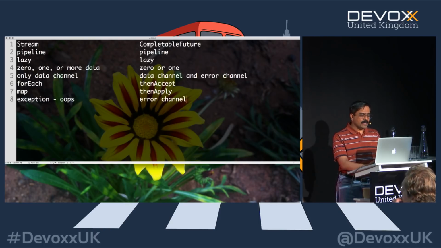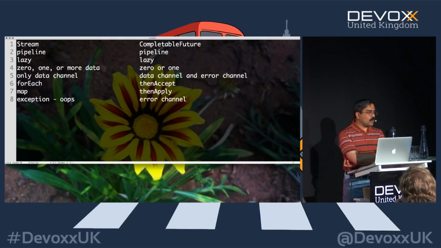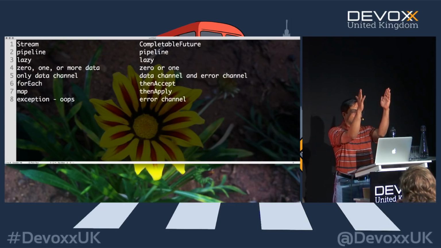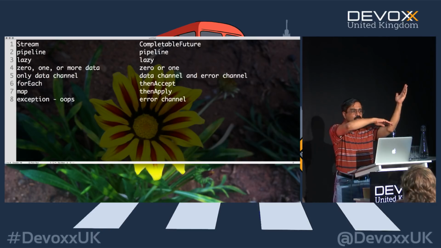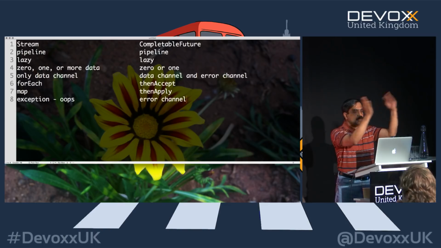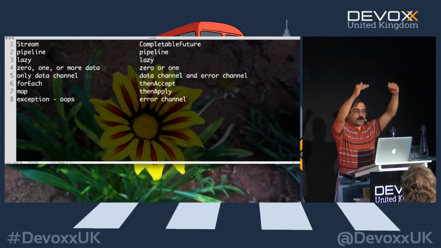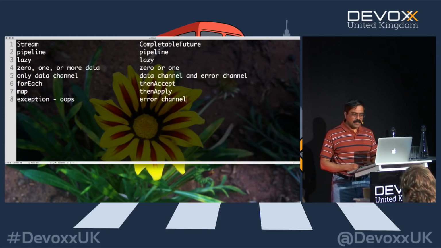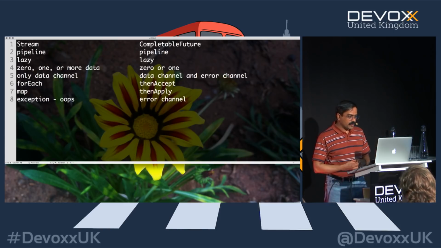So the error channel is saying, when something were to go wrong, I will deal with it in my error channel. But the way this works actually is by having these two different parallel channels, if you will. If things are going well, you're on the right path. If things are not going well, you're on the left path, let's say, and then you cross over depending on whether you have an error or you recover from the error, and you can go back and forth and you keep progressing in your pipeline. And that is something that we need to really get comfortable with when it comes to dealing with how we are going to work with it.